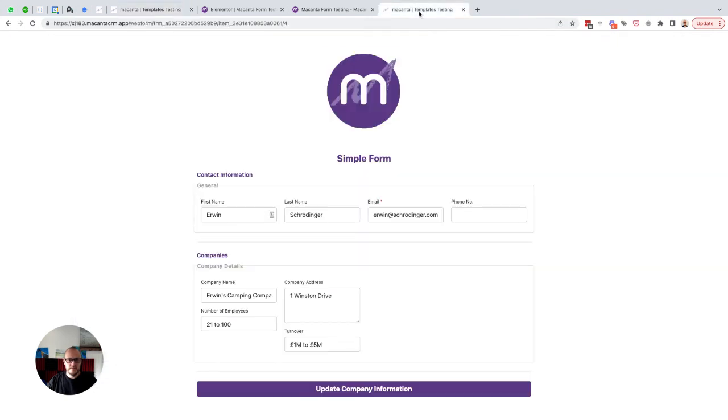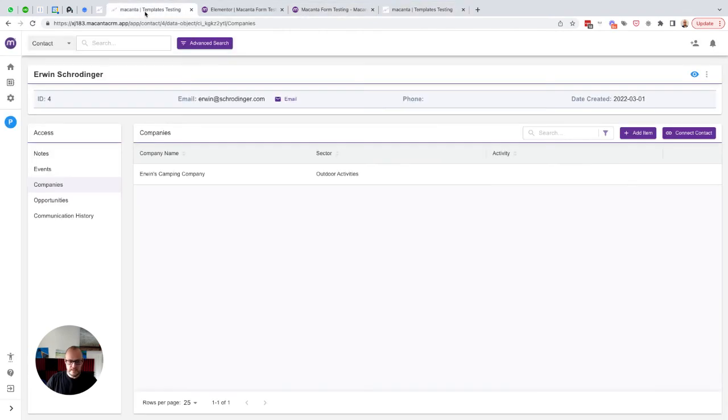So that's a way to allow Erwin to upload or update information without having access to Macanta. Okay, so that is our third type. So now I just want to come on to an addition that we have in these forms, which is the